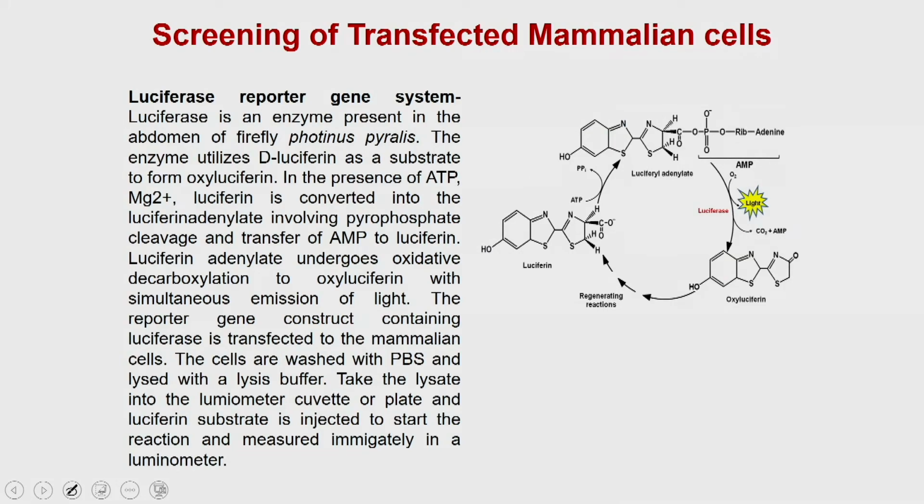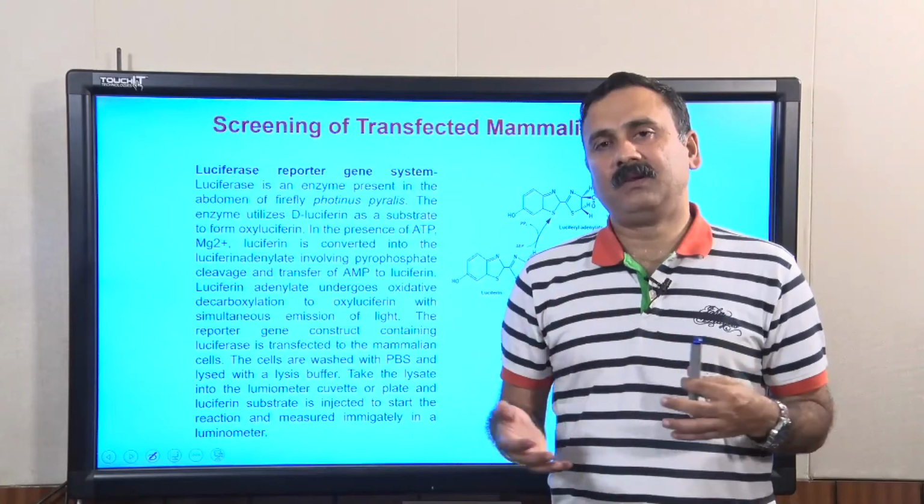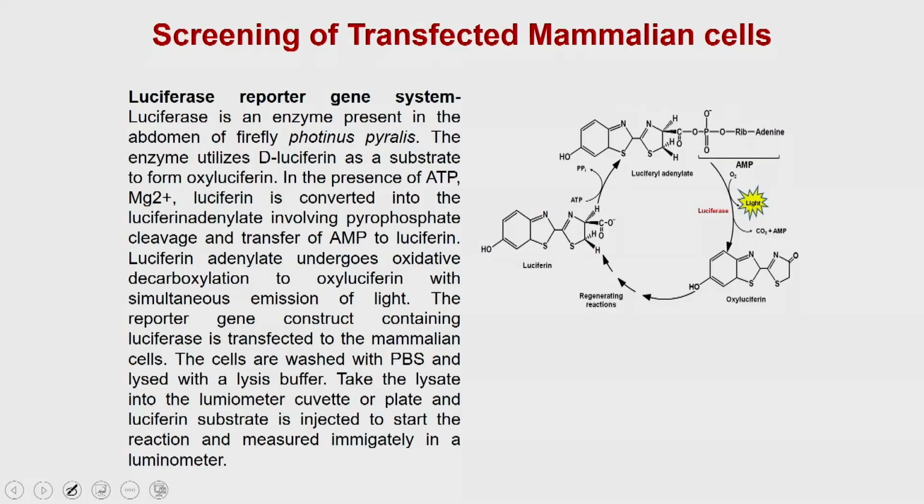One of the classical examples is the luciferase based reporter gene construct. The luciferase based reporter gene construct is one where the luciferase, which is an enzyme present in the abdomen of the firefly Photinus pyralis, is used. This is a commonly found firefly which produces this enzyme in its abdomen, and because it catalyzes this reaction, the abdomen of this particular fly glows in the night. The enzyme utilizes the